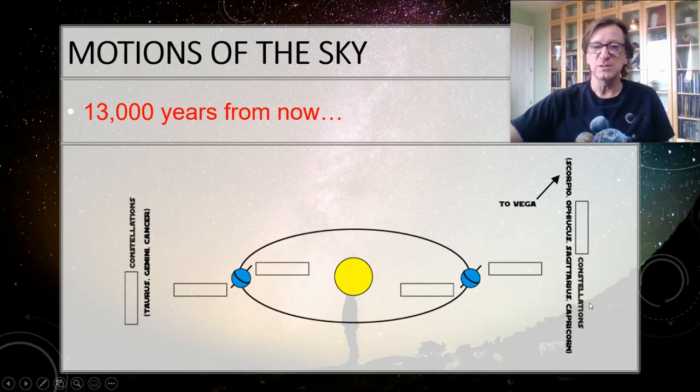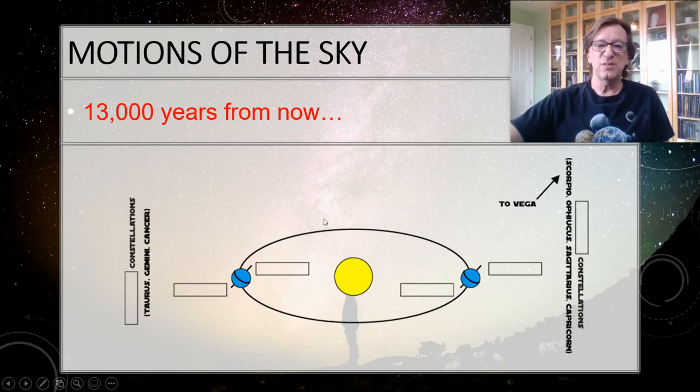Okay, so the last thing then, the constellations, though, haven't moved. Scorpio, Ophiuchus, Sagittarius, Capricorn, Taurus, Gemini, and Cancer. They're still on this side. They haven't moved. But now I can still see these when I'm on this side of the sun, right? But that's now summertime for me. So whereas these used to be wintertime constellations, 13,000 years from now, these will be visible in the summertime. Same thing over here. These are still visible when I'm in the same part of my orbit, but now this is the wintertime position for me. So these now become wintertime constellations.